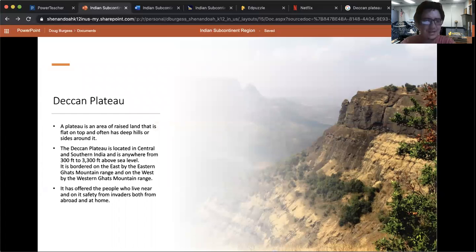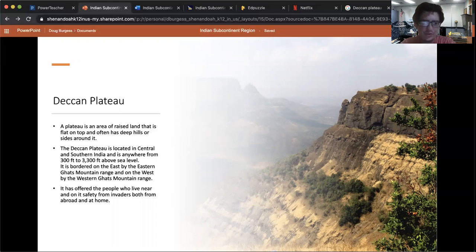The next one is the Deccan Plateau. A plateau is just an area of raised land that is flat on top and often has steep hills or sides around it. You can kind of see up here, it's relatively flat up here, but it's got a very steep rock face going up. This plateau in particular, the Deccan Plateau, is located in central and southern India